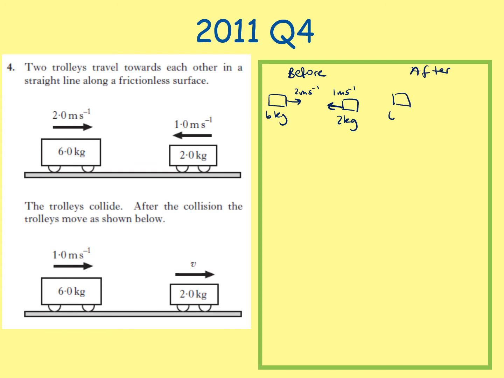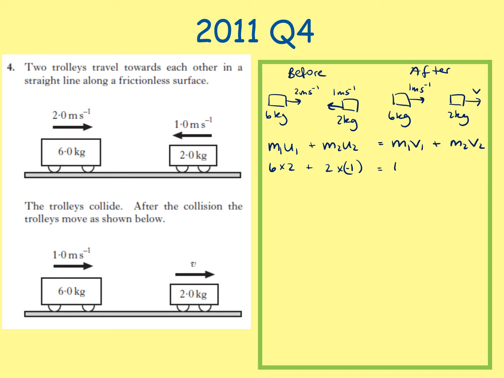After, we have our 6 kilogram trolley travelling at 1 meter per second, and we have our 2 kilogram trolley travelling at an unknown speed. So we need to work out this unknown speed. So we have m1u1 plus m2u2 equals m1v1 plus m2v2. So 6 times 2 plus 2 times 1, but this 1 has to be negative because it's moving in the opposite direction. Then we've got 6 times 1